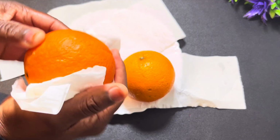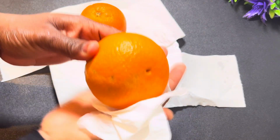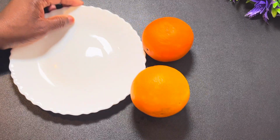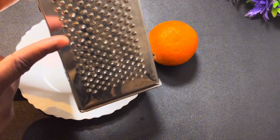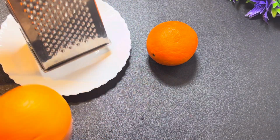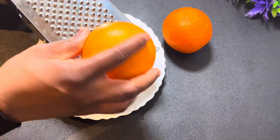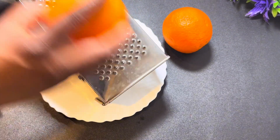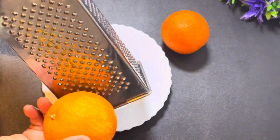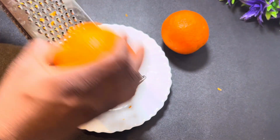So the first thing you want to do is to wash your oranges and make sure you dry them because we do not want to introduce water into our body scrub. As you might already know, orange contains hydrating properties. It brightens the skin, it reduces inflammation, leaving the skin feeling fresh. Orange also controls excess sebum production, which in turn prevents breakouts. It is known to lighten dark spots, acne scars, and even uneven skin tone, leaving your skin feeling